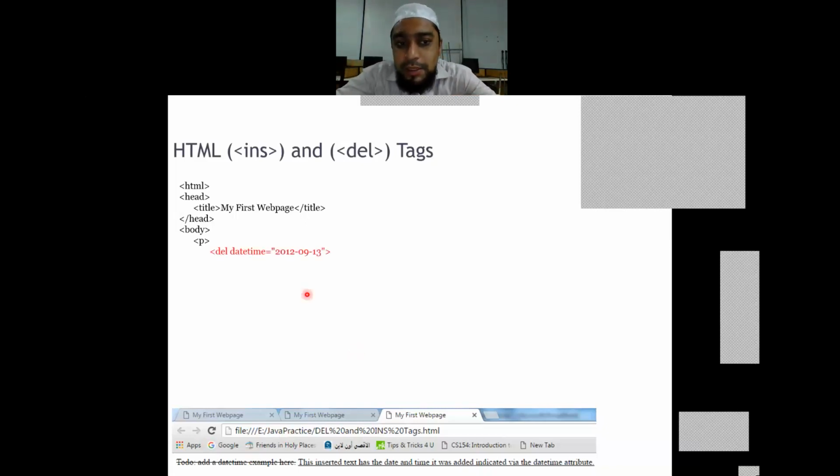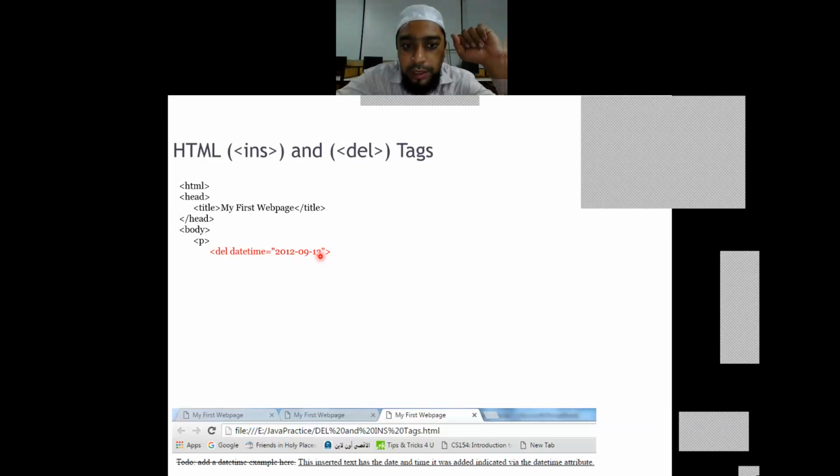If I want to say something which is removed, and at what date and time it was removed, I have to capture it and store it somewhere. To store those details, I'll be making use of a del tag. This del tag is a short form for delete. This del is going to contain an attribute called datetime. This datetime attribute will contain the date and its time. I did not mention the time, but actually I can mention the entire timestamp over here.